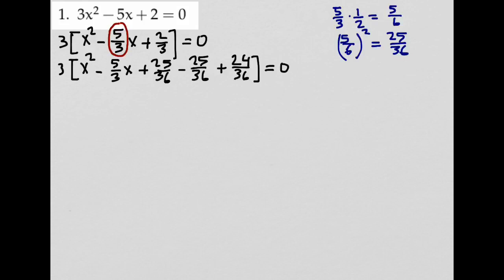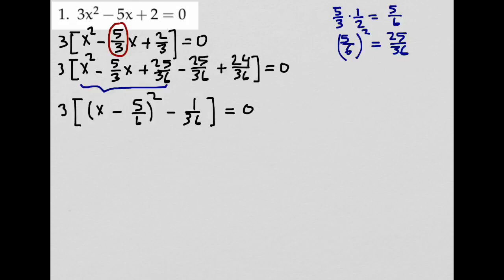Because we followed the recipe of completing the square, our first three terms are going to give us a perfect square, which is x minus 5 over 6 squared. Minus 25 over 36 plus 24 over 36, that's minus 1 over 36